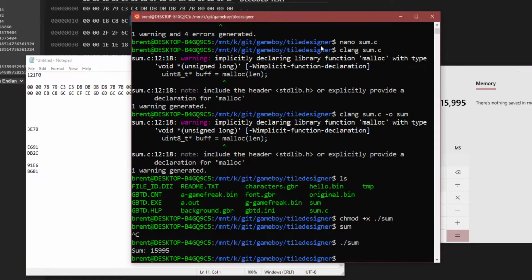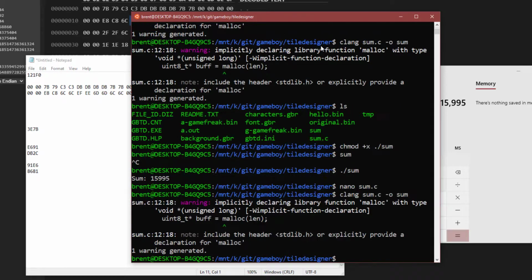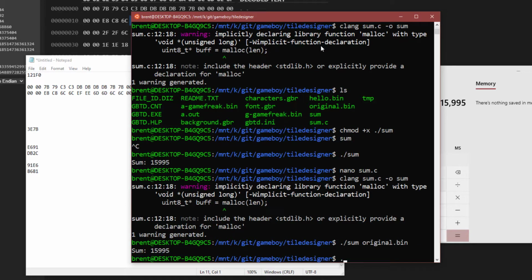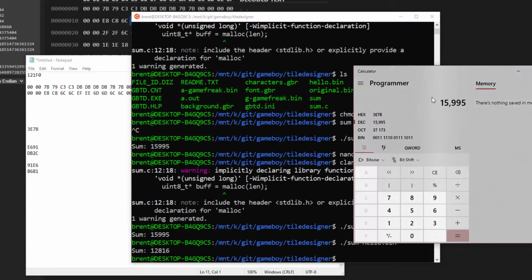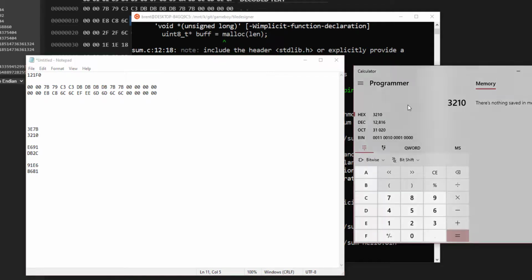I'm just going to modify the file. Okay, I made it so you could pass it in, just because why not. So make sure original is still the same. And we're going to sum our hello. Got 12, 8, 16, so decimal again. 12816. Whoops. 12816 is 3210. I don't believe that's what I got last time either. So now let's take our